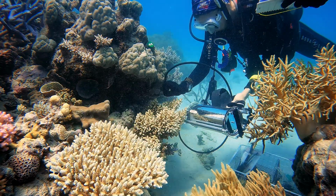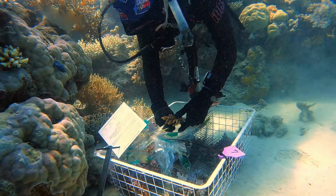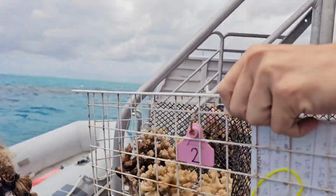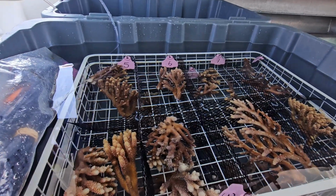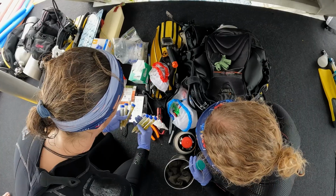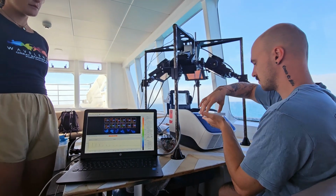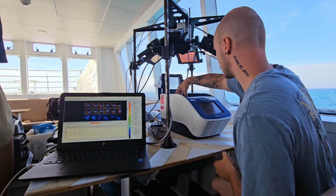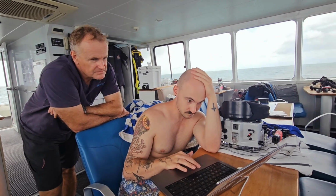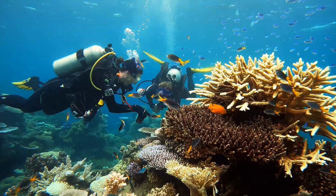We are looking at the genetics of the corals to try and understand which genes are upregulated at certain times and how that contributes tolerance to the coral. We're also looking at things like the lipids and the metabolites of the coral to see if there are specific indicators of stress or indicators of tolerance that we can try to target as biomarkers for resilience. We're also looking at developing technology. So how can we improve our phenotyping capacity to make it high throughput, but also cheaper so that local communities can access this technology? Because ultimately that's the goal, that we can transfer that knowledge to people on the ground